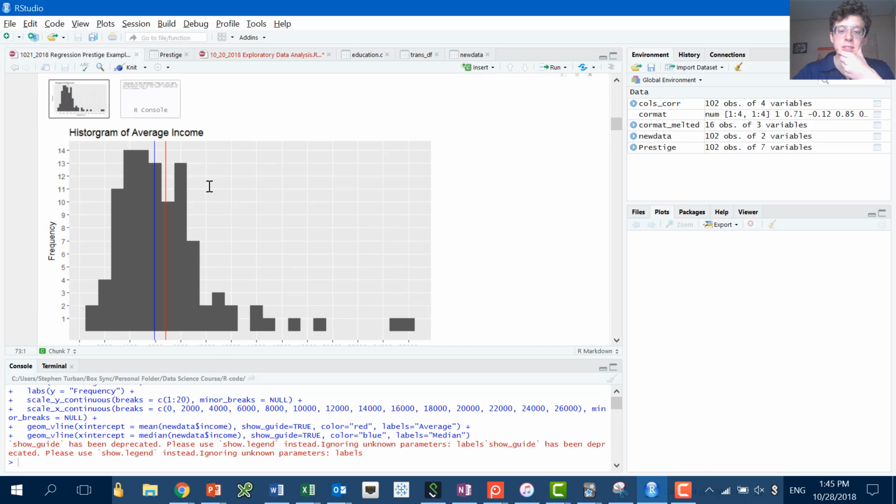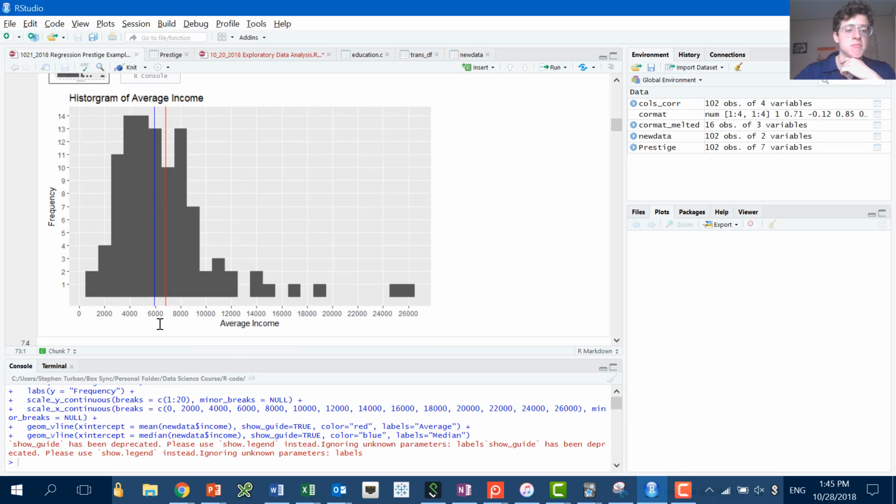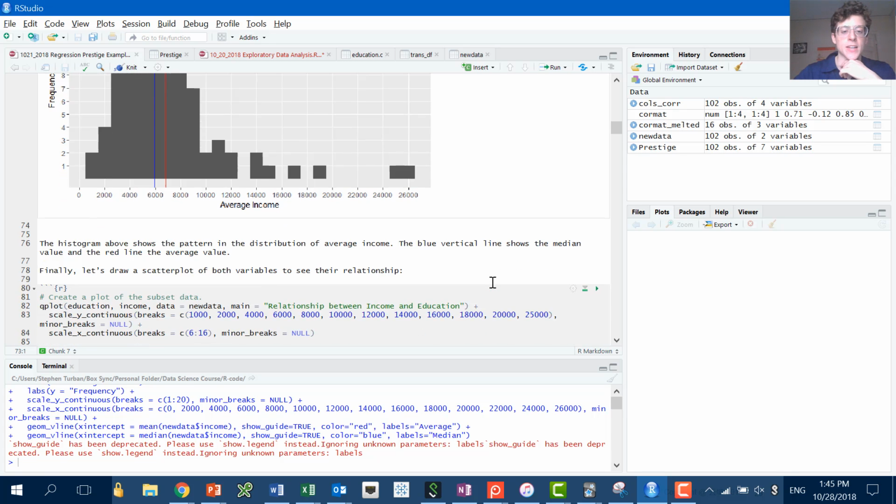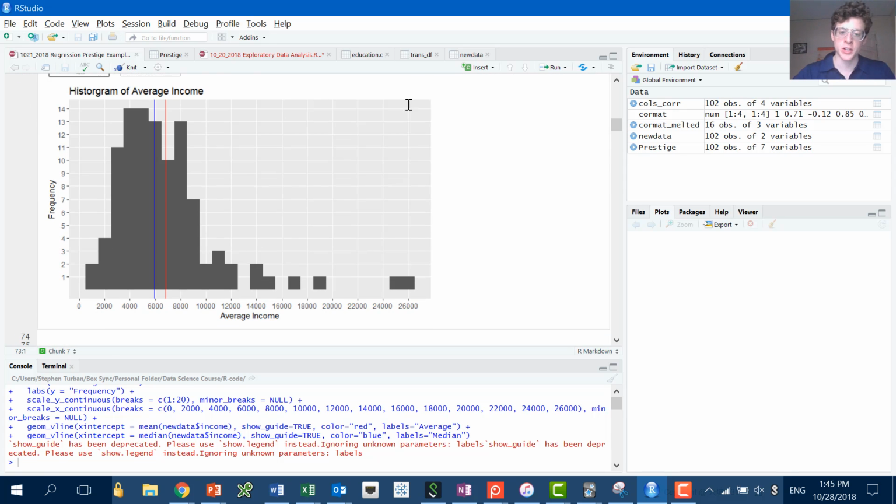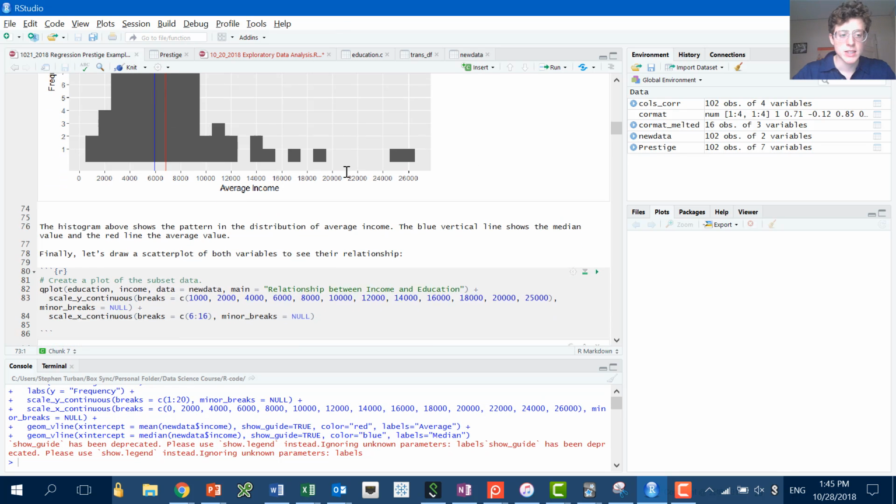like income in general, amount of money is often right-tailed, meaning there's some really rich people out there, maybe you, I'm watching you, and then most of us are just right here. And so oftentimes people will log transform to make this a little bit more normal, but you don't need to. Here we go.